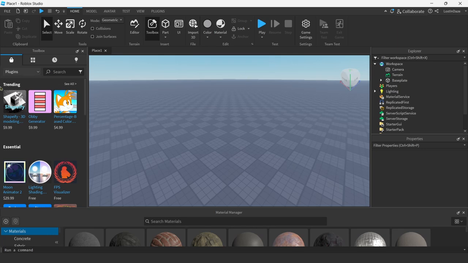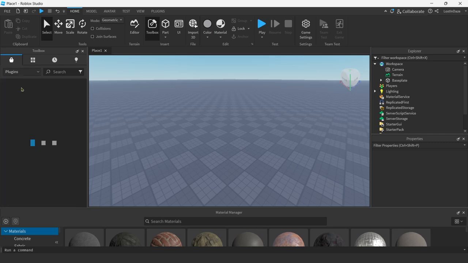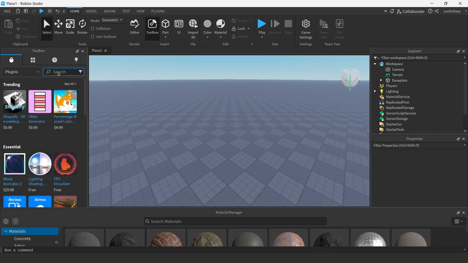So first you want to go to your toolbox. And if you don't have your toolbox, just go to home and there's going to be this toolbox icon that you just want to hit and it should bring up the toolbox. And after that, you want to go down to this drop down. There's going to be models, there's going to be plugins. You want to go to plugins. Then you want to type in load